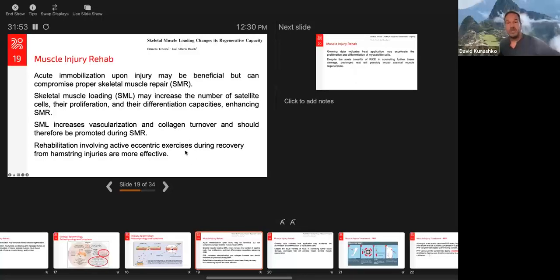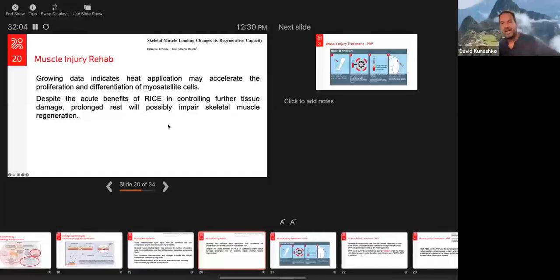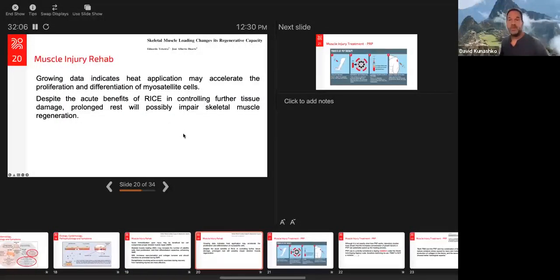So the patient should be engaged in active eccentric exercises, so lengthening and contraction exercises during recovery will help injuries like the hamstring recover faster. Of course, you have to gauge when you can do these because it depends on the extent of the injury. This particular research paper I have here is called Skeletal Muscle Loading Changes its Regenerative Capacity. And the other thing they noticed is that using heat after the acute phase can also accelerate proliferation and differentiation of